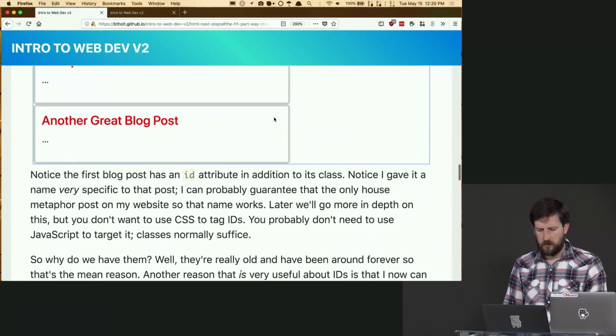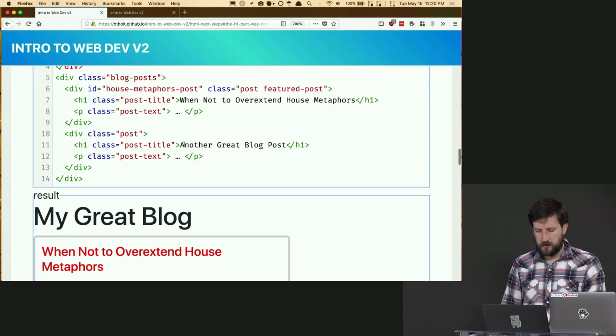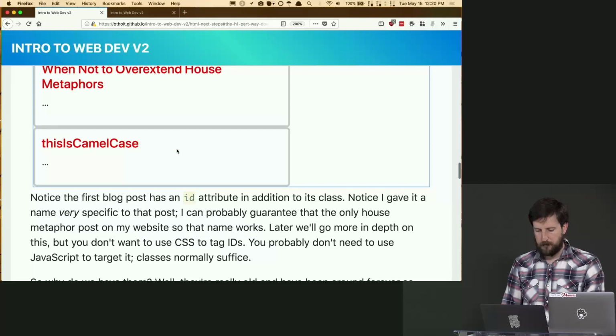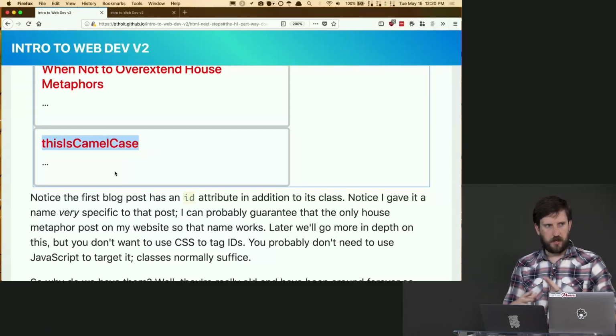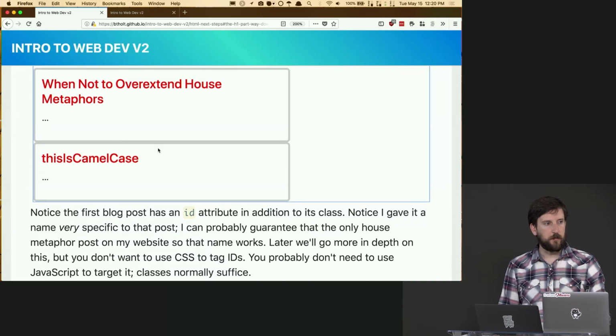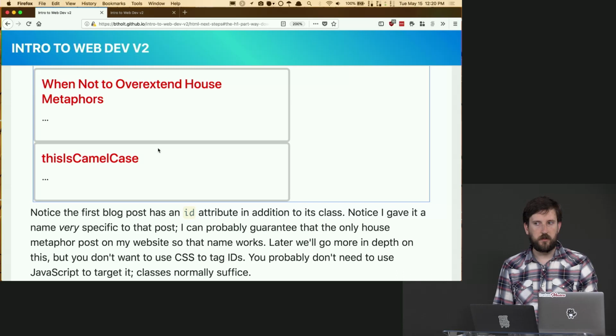Let's see if I can quickly show you what that means. So if I made this like, this is camel case, like that, right? Where it's all shoved together, that's called camel case. So the reason that CSS is kebab case is because HTML in general is not case sensitive. So whether something is uppercase or lowercase, in the end everything gets made lowercase in HTML. So camel case is ultimately meaningless because it loses all that information once it gets put into the browser.